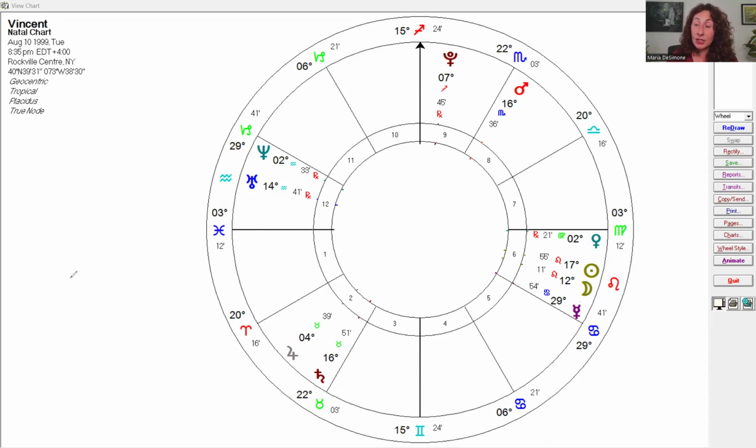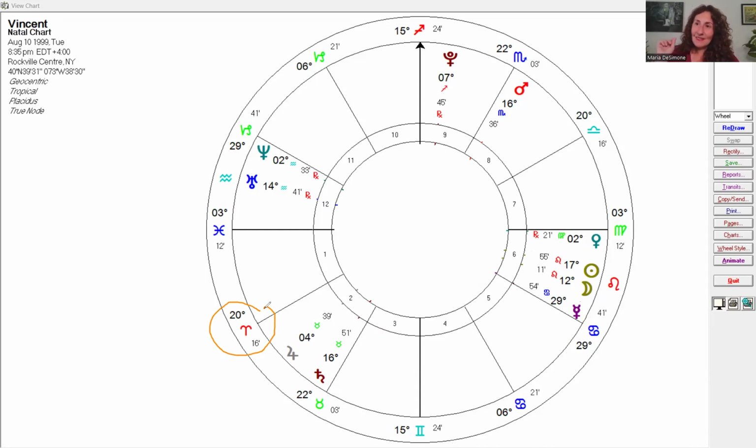But the other thing I wanted to show you is that when you are using the Placidus house system, you are no longer going to have equal houses. The sign is not going to be 0 degrees at the beginning of the cusp. So in this example, the second house cusp is 20 degrees Aries, 16 minutes. If we were using the whole sign house system, that would turn to 0 degrees.